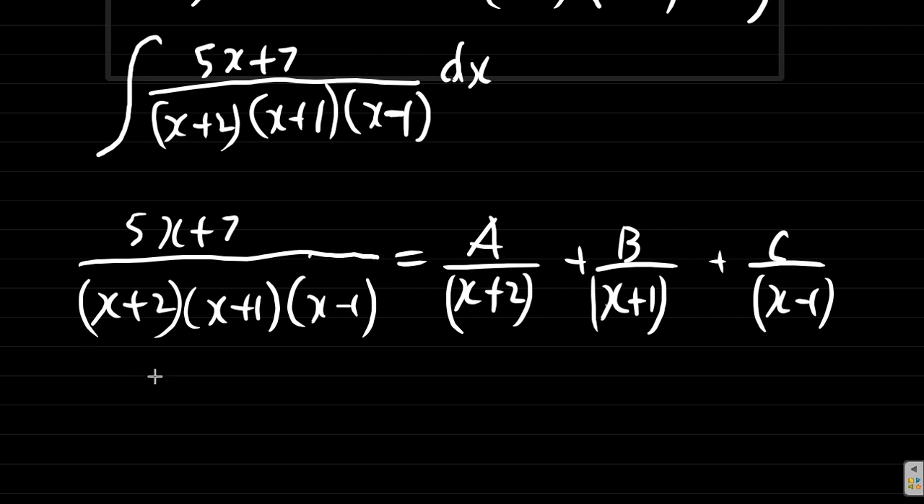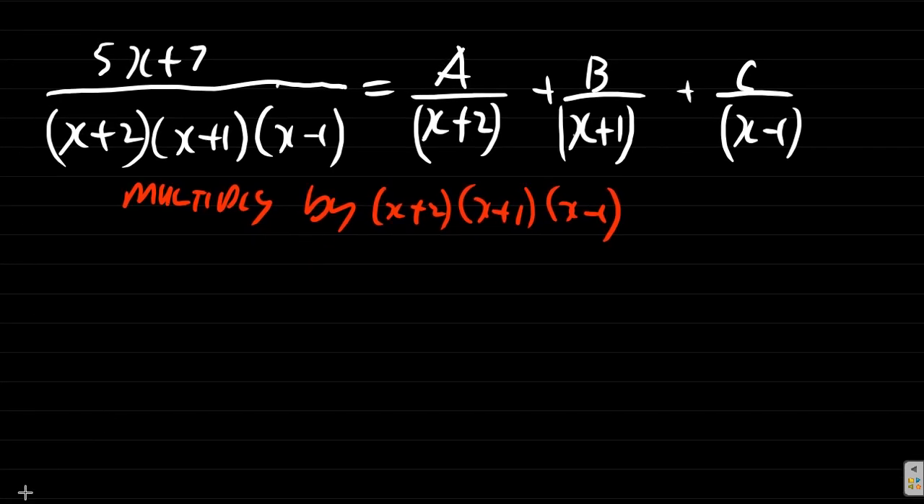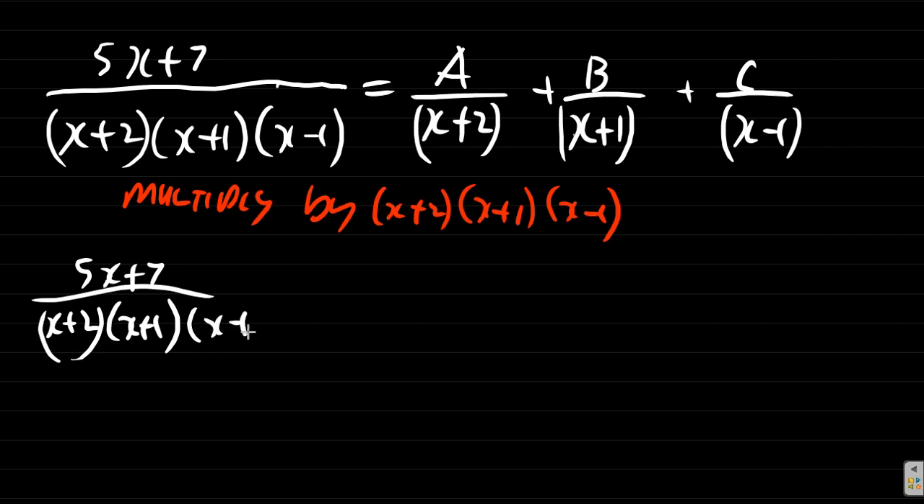So what we have here now, what we're going to do is multiply by x plus 2, x plus 1, x minus 1. See that? That's what we're going to do. When we multiply everything by x plus 2, x plus 1, x minus 1, all of this will cancel. See that? Because what we have is going to be 5x plus 7 over x plus 2, x plus 1, x minus 1